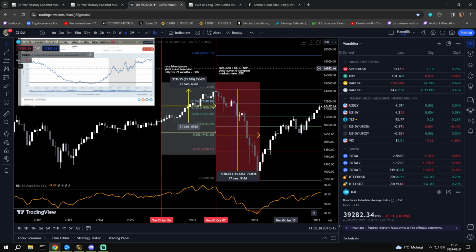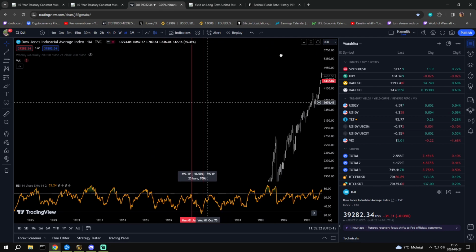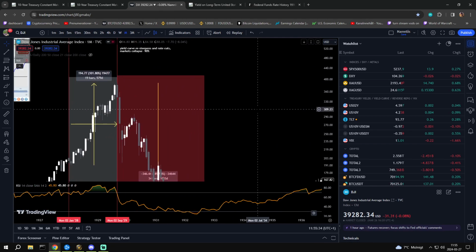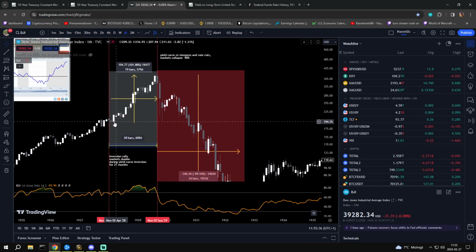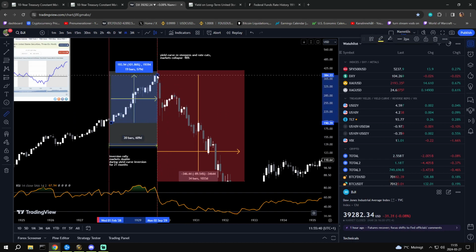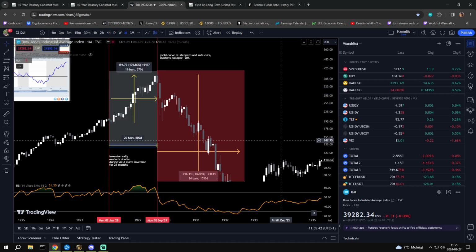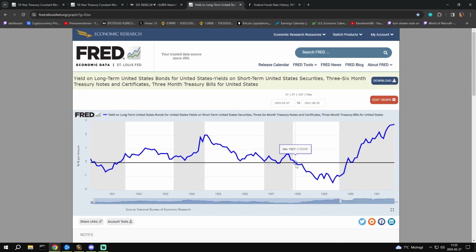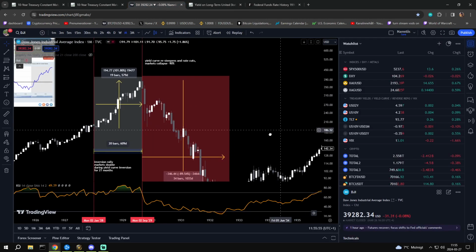So in the first example, the markets went up for, depends on if you want to take it. The markets itself from this wick low went up for 19 months, but it was 23 months from the inversion of the yield curve in January 1928 till the re-steepening in December 1929. Okay,